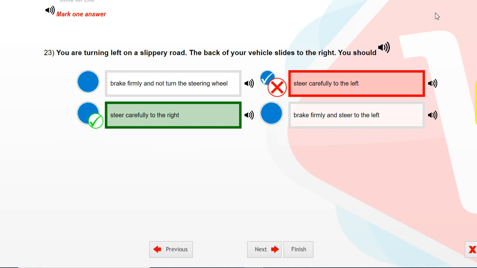You are turning left on a slippery road. The back of your vehicle slides to the right. You should. Select one answer. Steer carefully to the right.